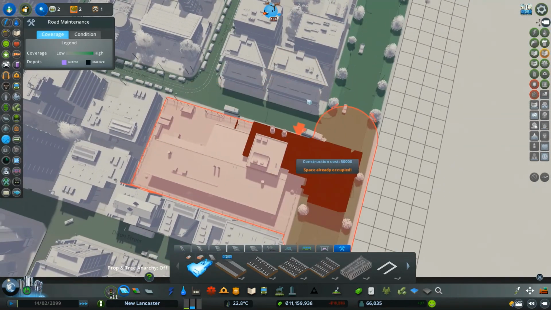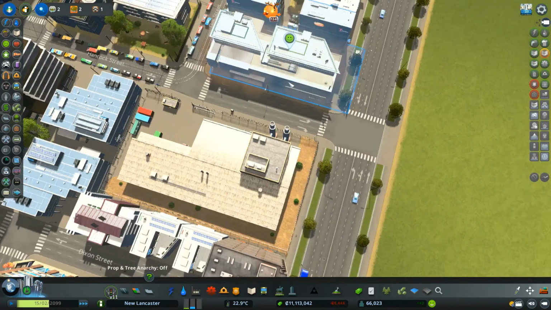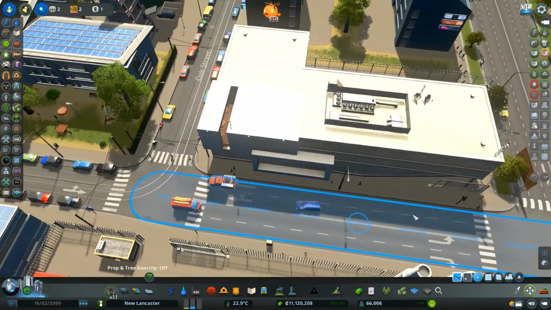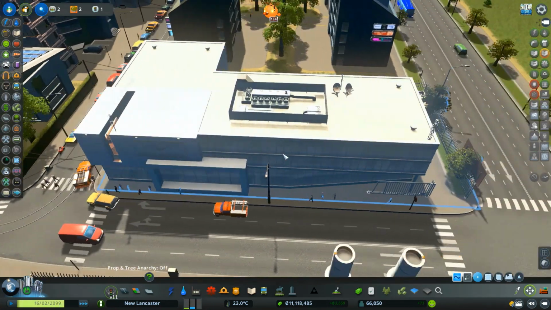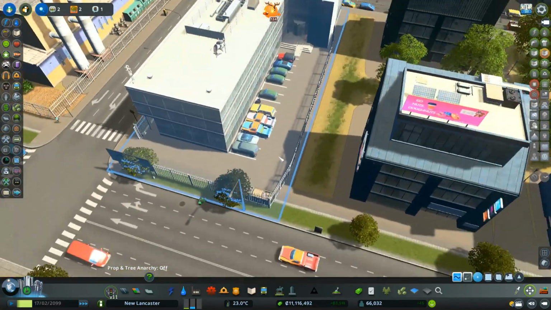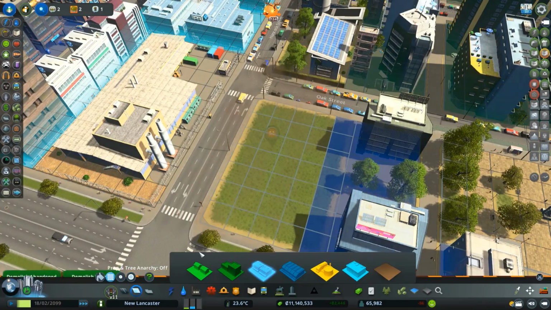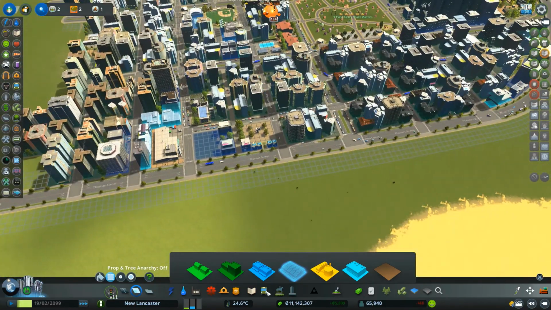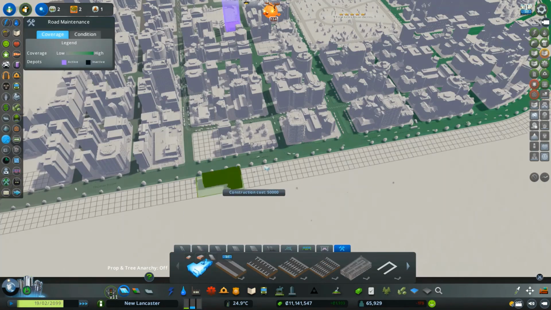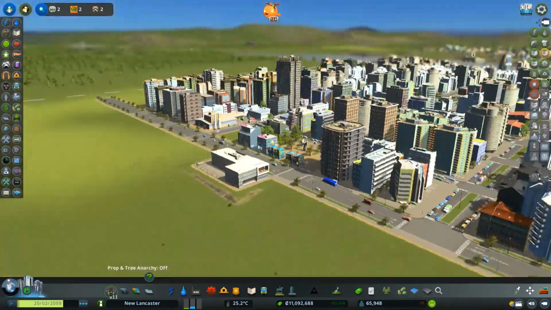So this is our little garbage area, so maybe I could probably get it to fit right there. Yeah, I can get this to fit. Maybe not. Let's see what the zoning is like. That was high density commercial. All right, we'll put it back. You know what the quick solution is to this? Just put it right here. That area is going to get built up anyways.